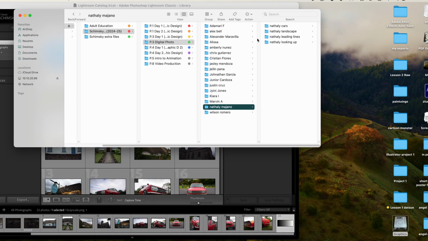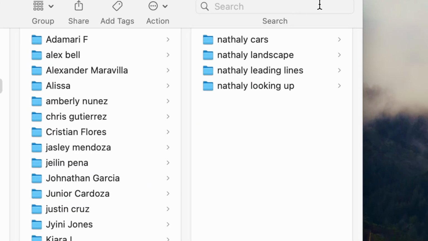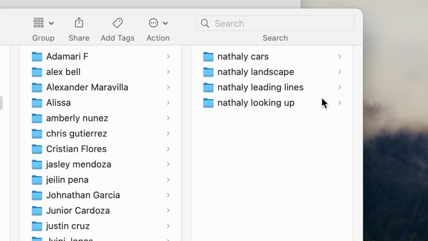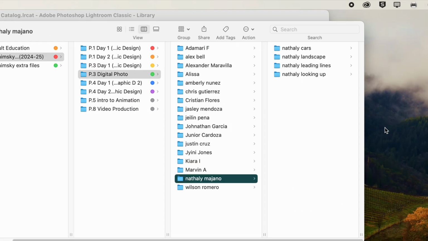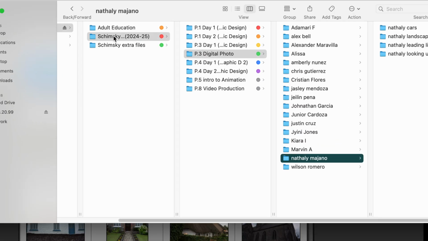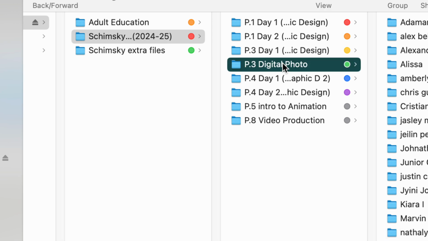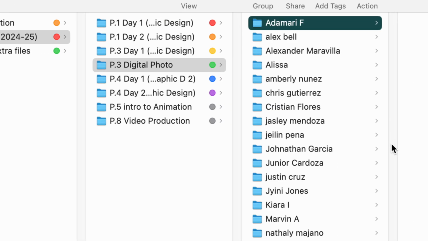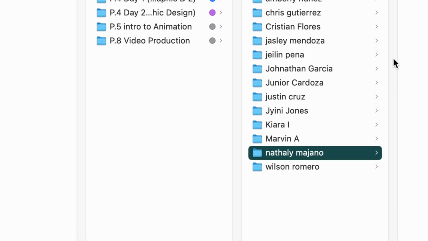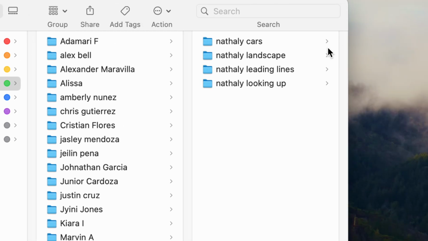This project is basically importing your photos, editing them, and then exporting them. If you open up graphics, you will see the Shimsky folder like this. Inside there, digital photo, and inside there, all of your photos. So if I go to Natalie's photo here, just to give you an example, in each one of your folders,